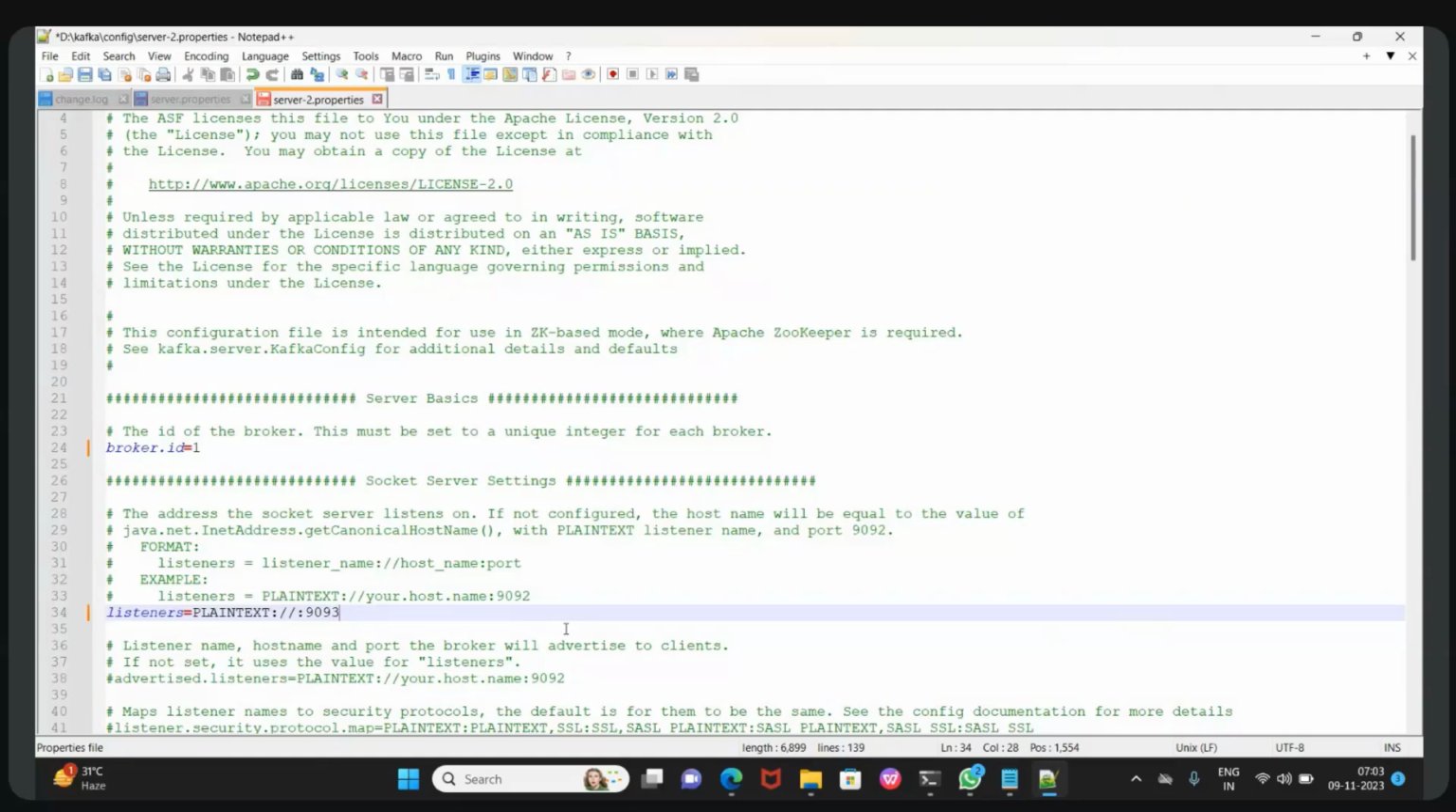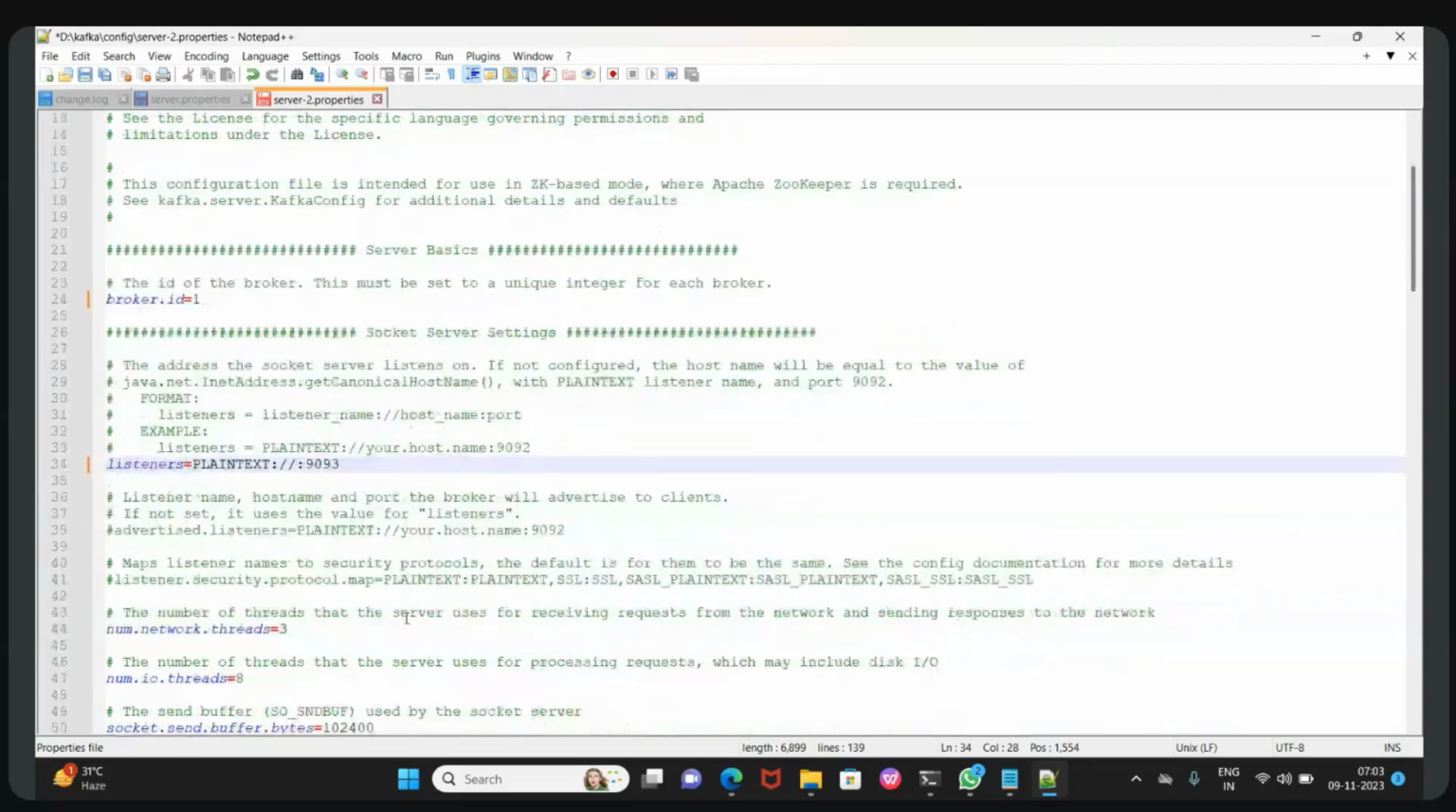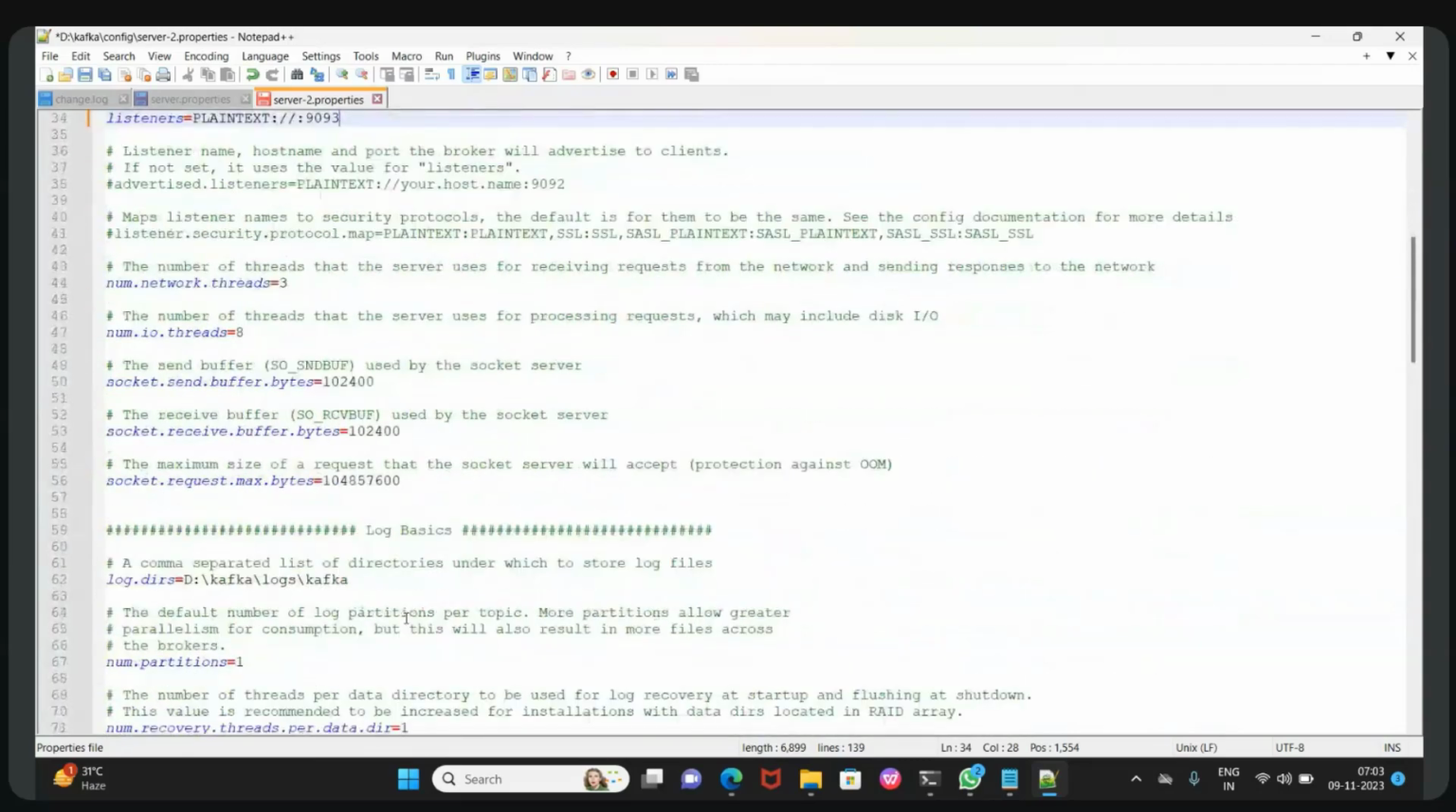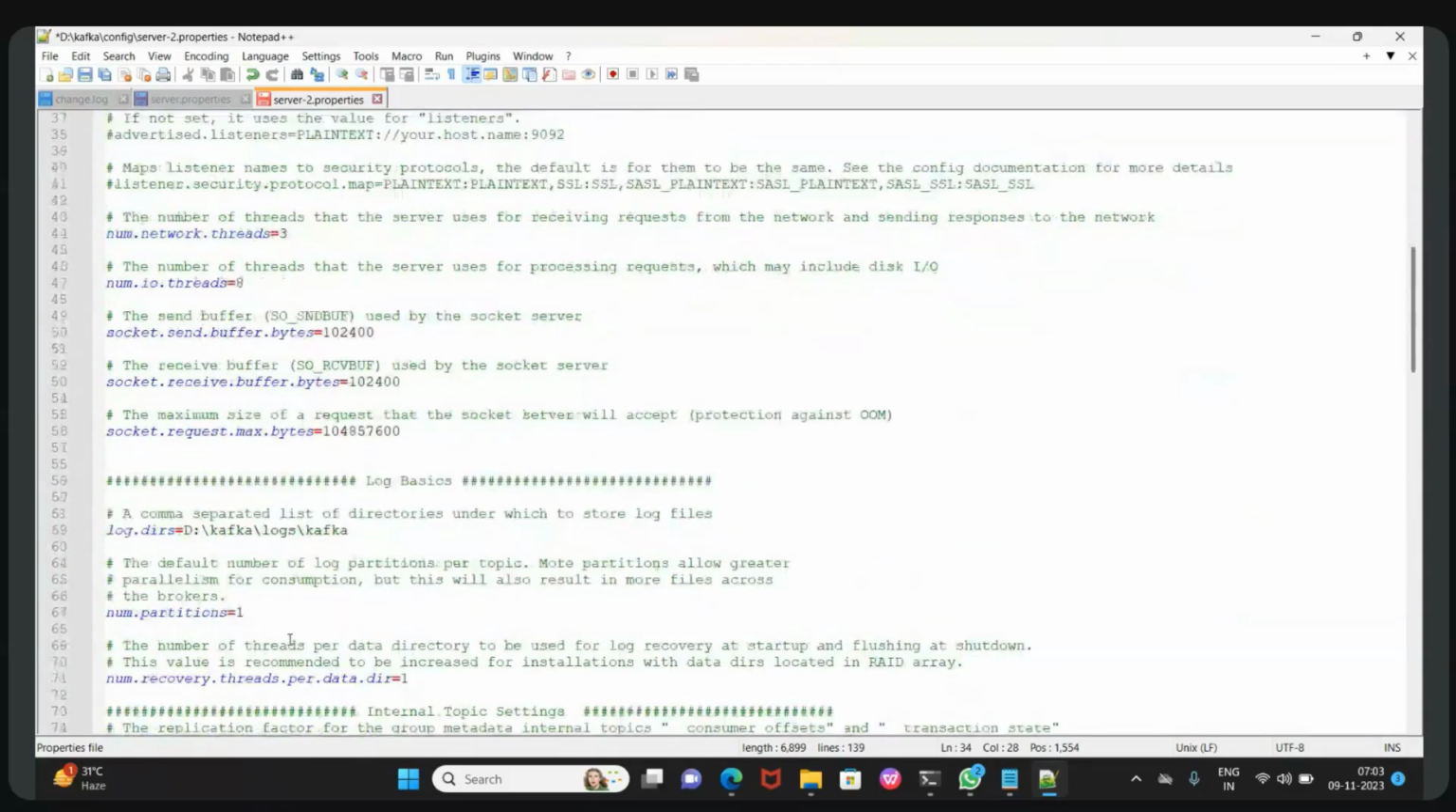And now the log directory also we need to change. I think in server properties it was also there. Yeah, it was not there. There also we'll do the same thing. Now scroll down. There will be one property called log dir. Yeah. Here you can give